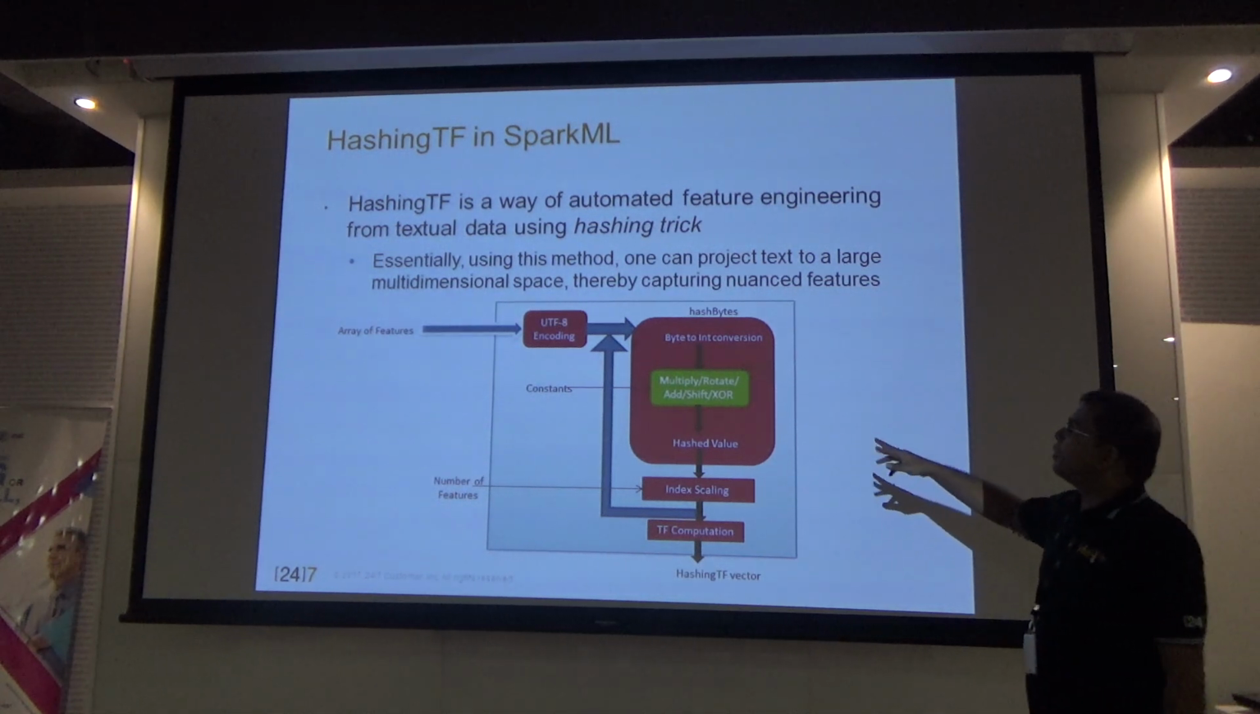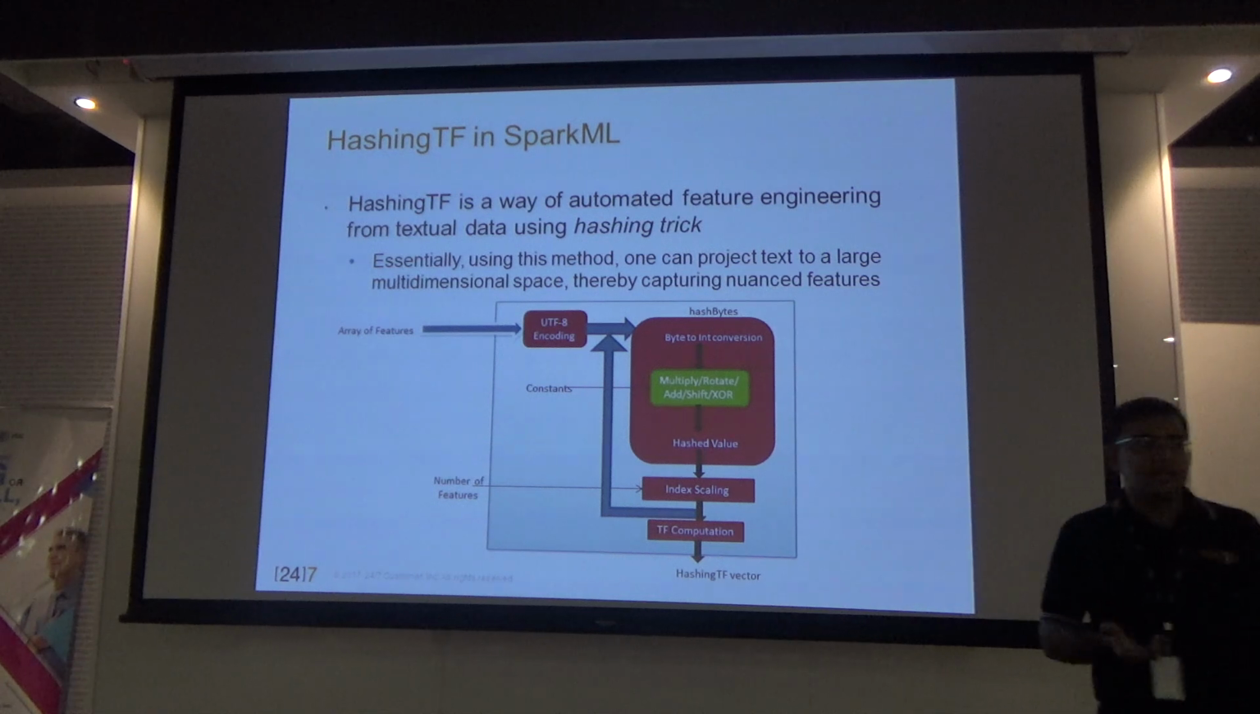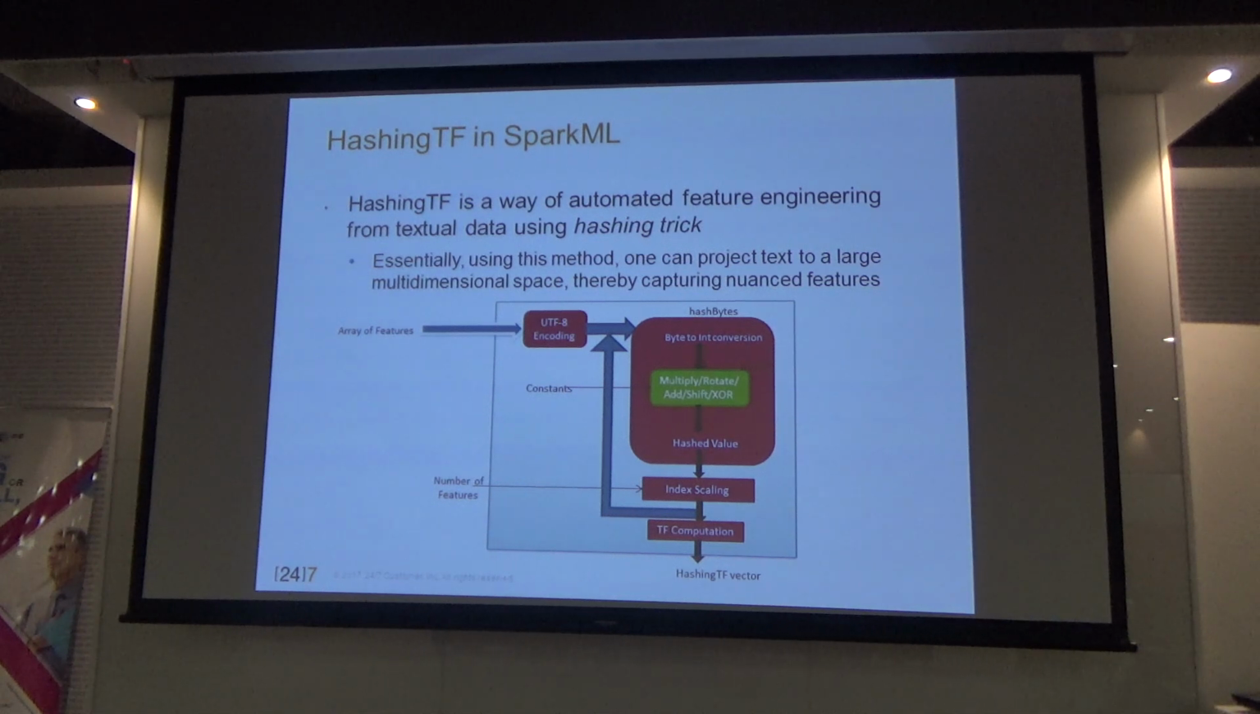in the newer versions of Spark, there is a feature called hashing TF. It basically projects the input string itself into a larger dimensional space. Once it projects to a larger dimensional space, you are relieved from actually hand encoding those features. The minute differences in the features that you were trying to capture through individual customized features essentially get taken care of by that large vector that you have projected from that